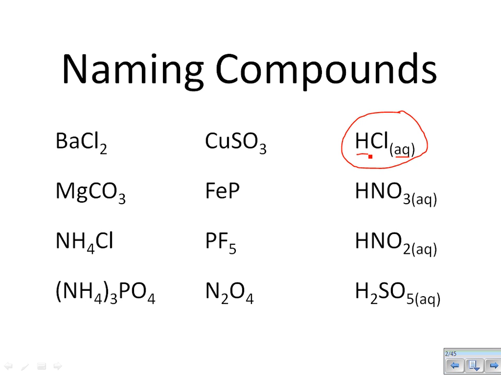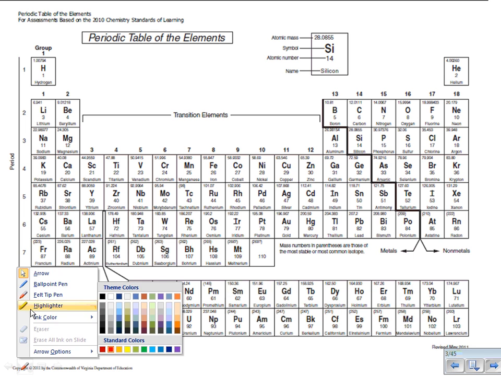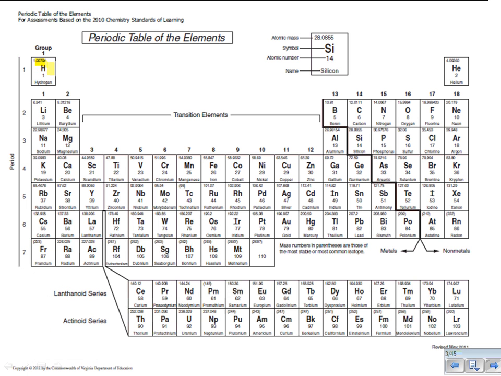Start the same way as everything else. Let's take a look at our first element. First element is hydrogen, and it is bonded to chlorine. So let's go find those on our periodic table. Okay, if we find hydrogen, it is located here. Group